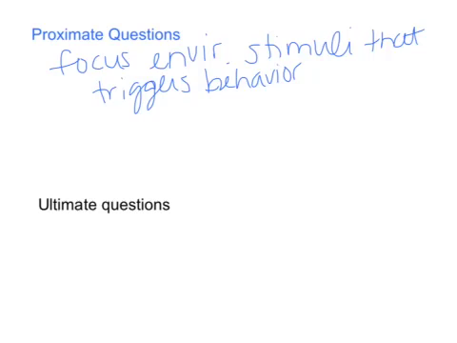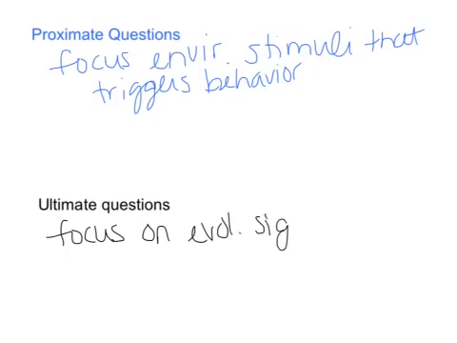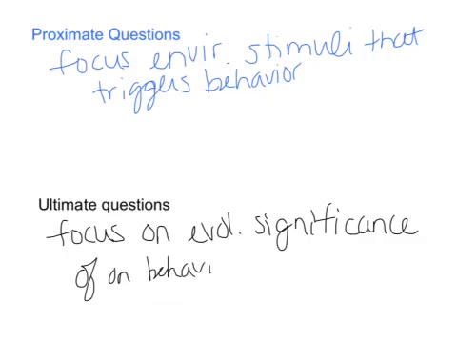Your ultimate question is going to focus more on the evolutionary impact of that behavior, the evolutionary significance of that behavior. And evolution is going to be a huge part of every topic that we do this year. Okay? Evolution is one of the underlying themes in AP biology. We try to tie it in everywhere we can. Okay? And with behavior,